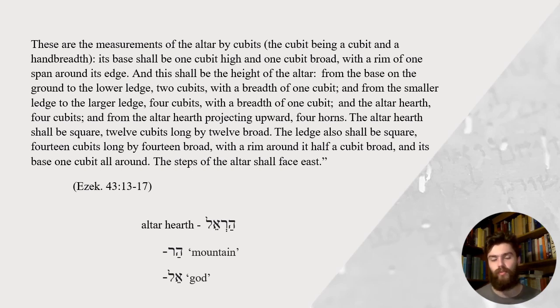So this is from Ezekiel 43. And the description here is of the altar in the new temple, which was actually never built, but it serves rather as a prophetic eschatological image, which has a lot of theological flavor and weight to it. I won't read the description, but again, feel free to pause the video here and read that for yourself. Of special importance here, and this is something that James Jordan will point out, is the understanding of the altar hearth. This is something that Ezekiel makes reference to, I think at least 2 times, possibly 3 there in the passage. And this is a very interesting word in the Hebrew.